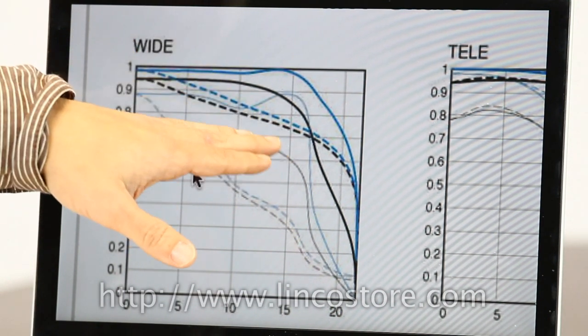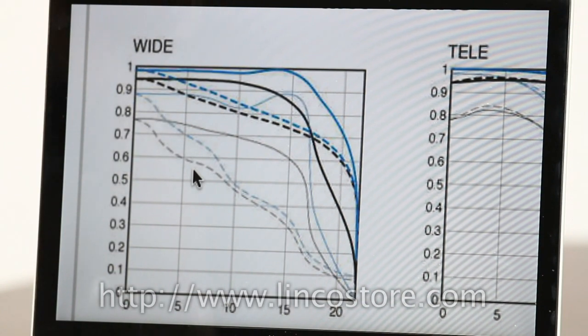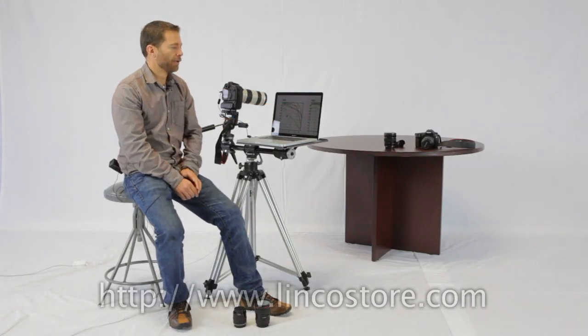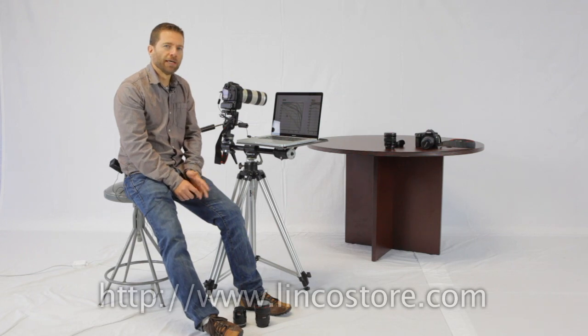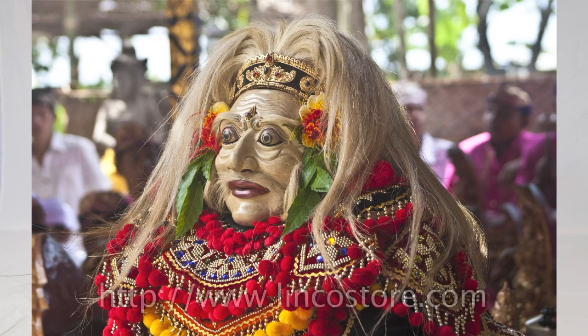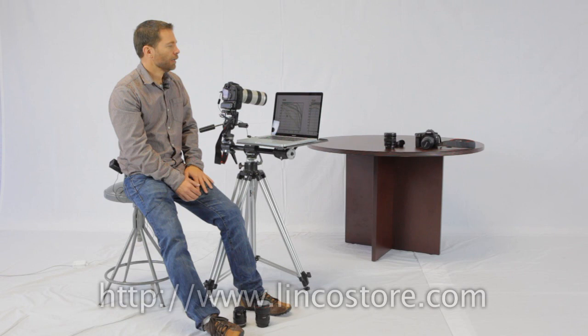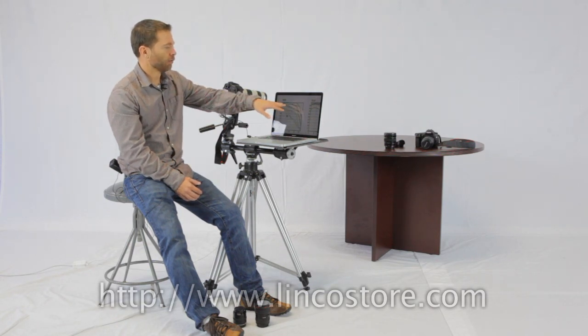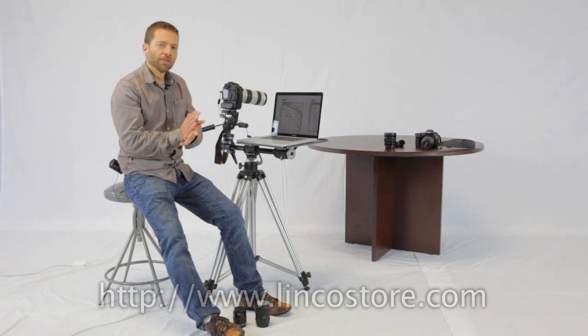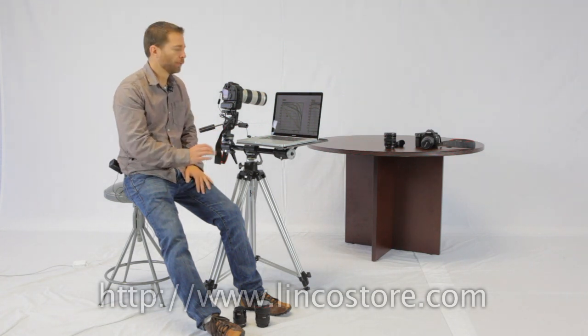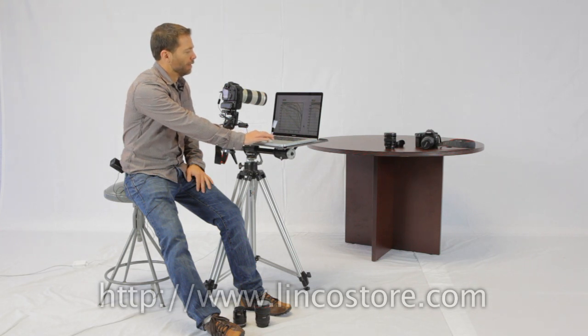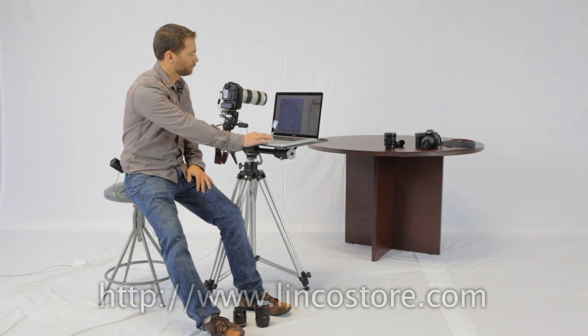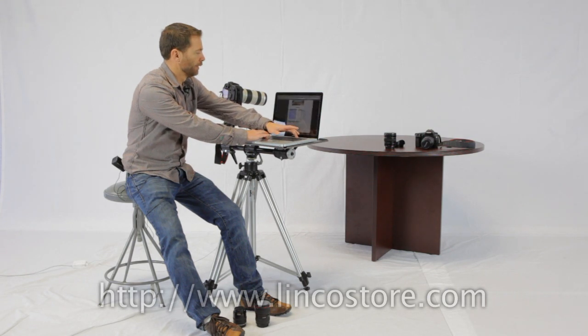So the closer these two lines are together, the more in sync they are, then the better that lens is going to be at rendering the out of focus areas. So the quality of the soft focus is going to be better than it will be if these diverge significantly from each other. So in this case, we're not seeing a great deal of correspondence there, and at least at the wide angle level, this lens is not going to give us the best quality when it comes to soft focus. Now coming over to the telephoto side,